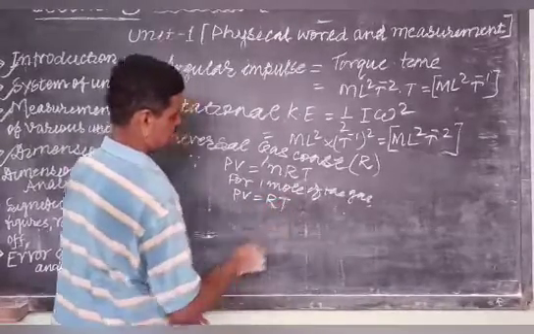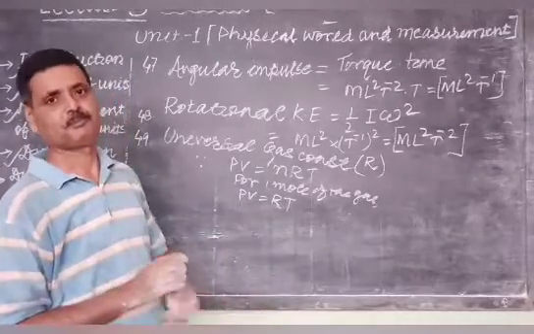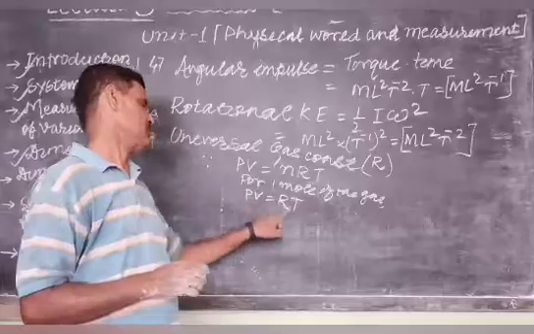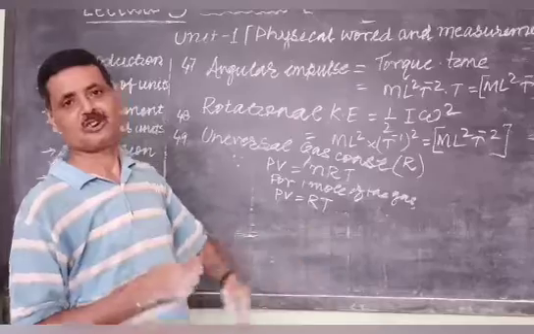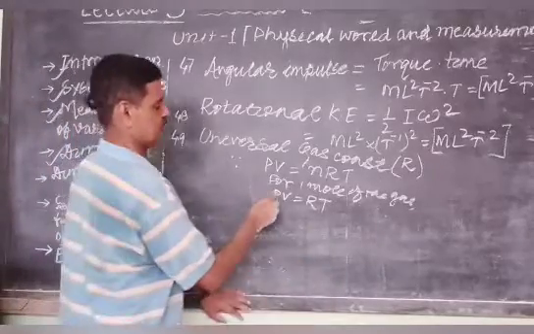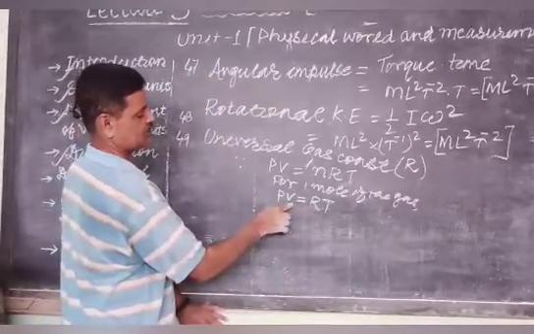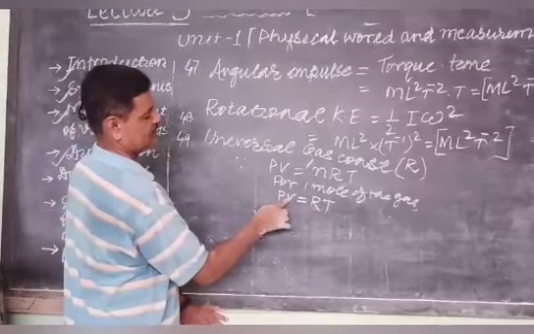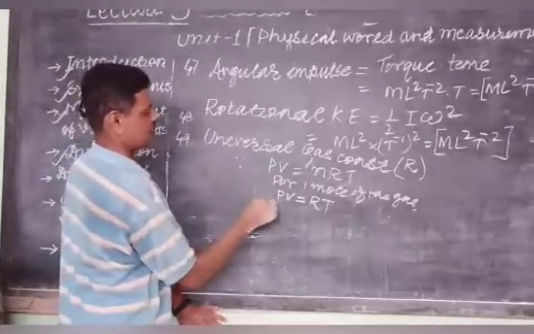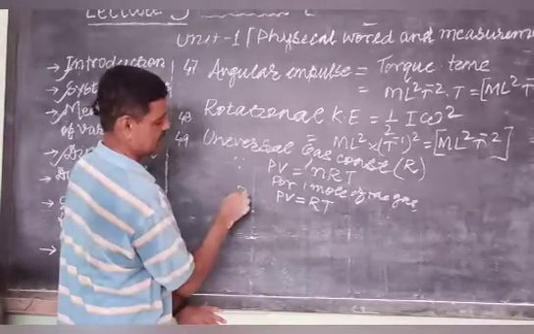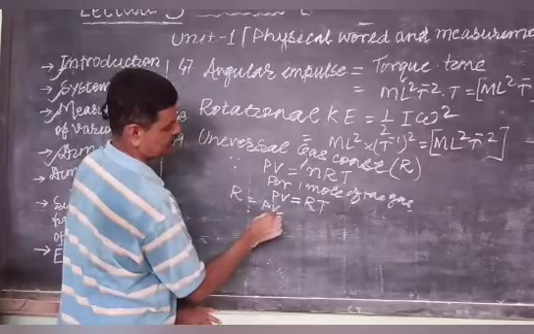In physics it is called the equation of state, popularly known as the equation of state, but in chemistry this equation is called PV equal to RT. In physics it is the equation of state, and the demand of the question is R. So R can be written as PV upon T.